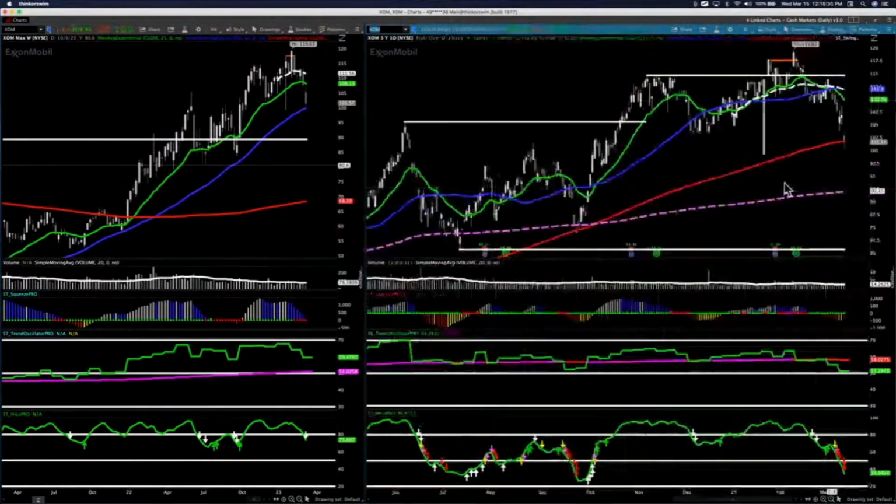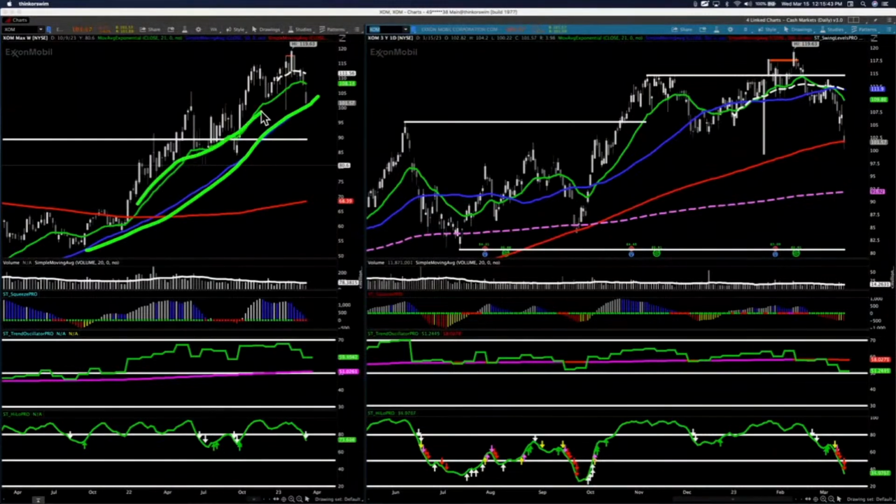So at this point, XOM is starting to lose its trend. You do still have weak trend here on the weekly. You see how it's holding the 50. That would be considered weak trend. This would be considered good trend. But here's the dynamic I just told you about. You see when it breaks the 21, it goes to the 50. If it breaks there, there's a support level here, and then it could theoretically get back to 68.